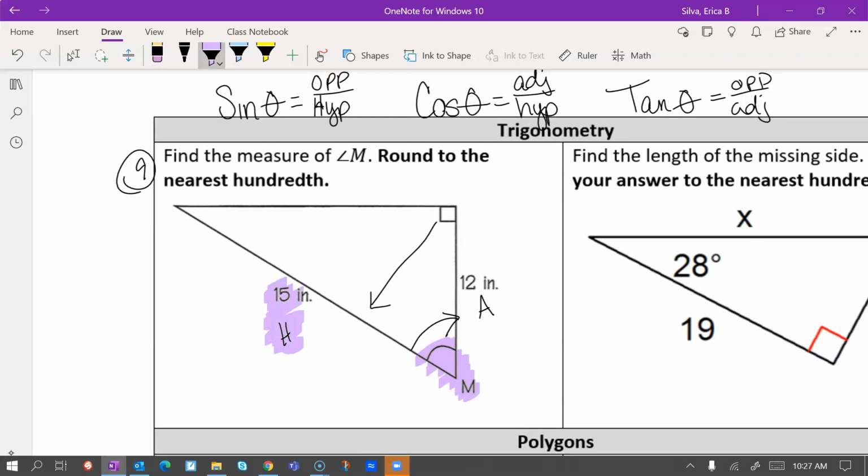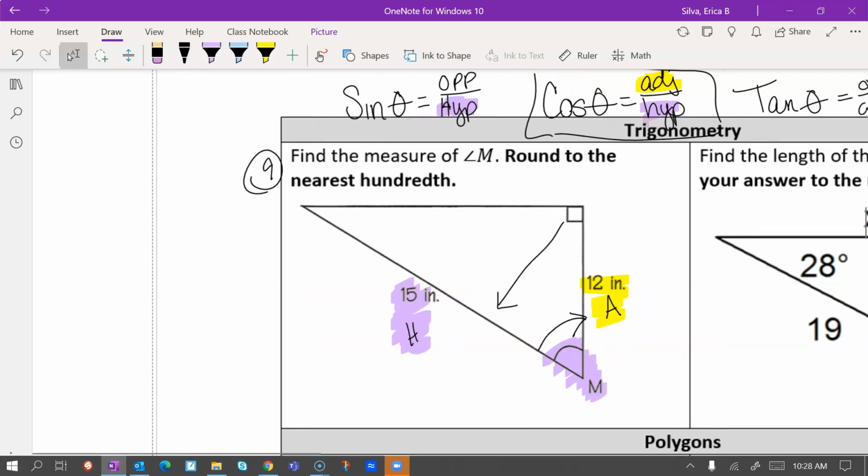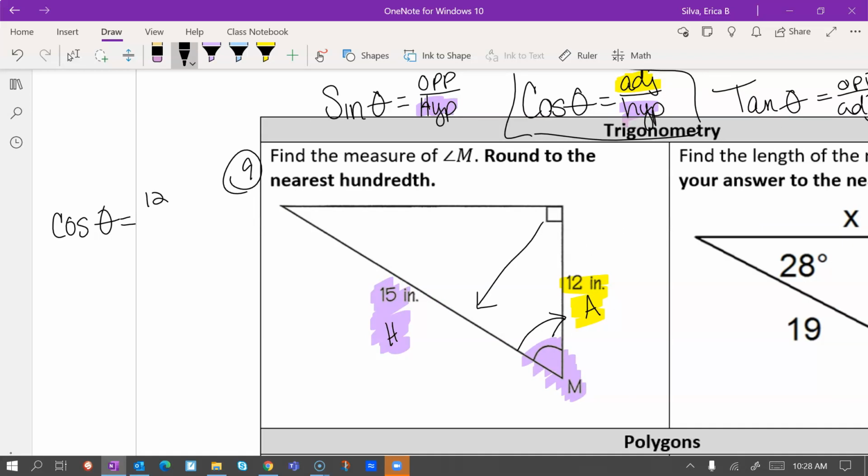So because we're given the hypotenuse and the adjacent side, the trig function we want to use is the cosine. So we're going to start with the adjacent side, which is 12, divided by our hypotenuse side, which is 15. And because we're looking for the angle, we use the inverse of cosine, 12 over 15. We put that in our calculator, and theta is equal to